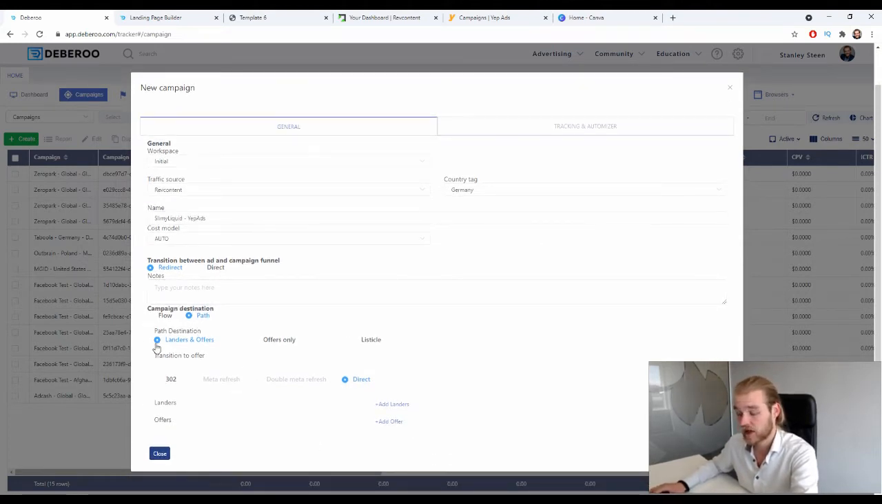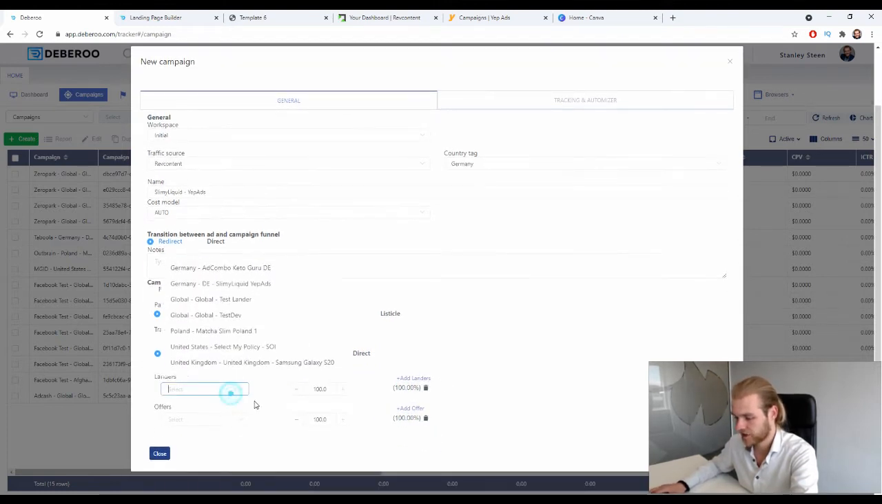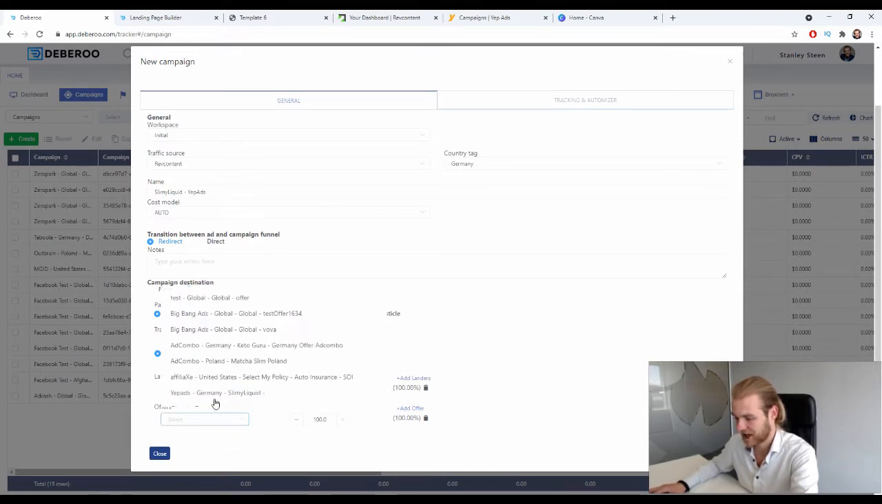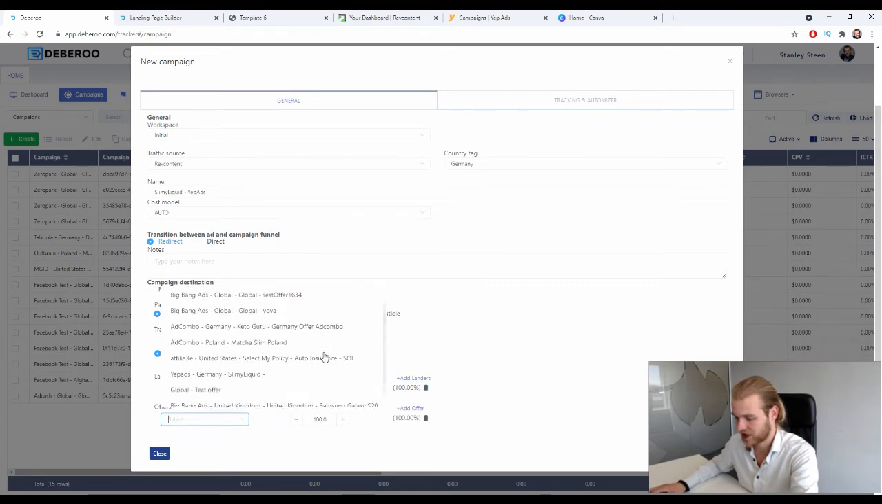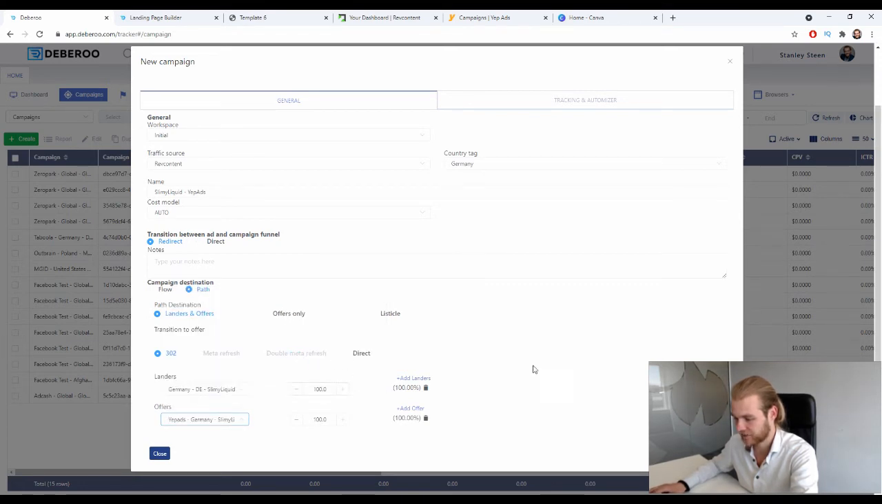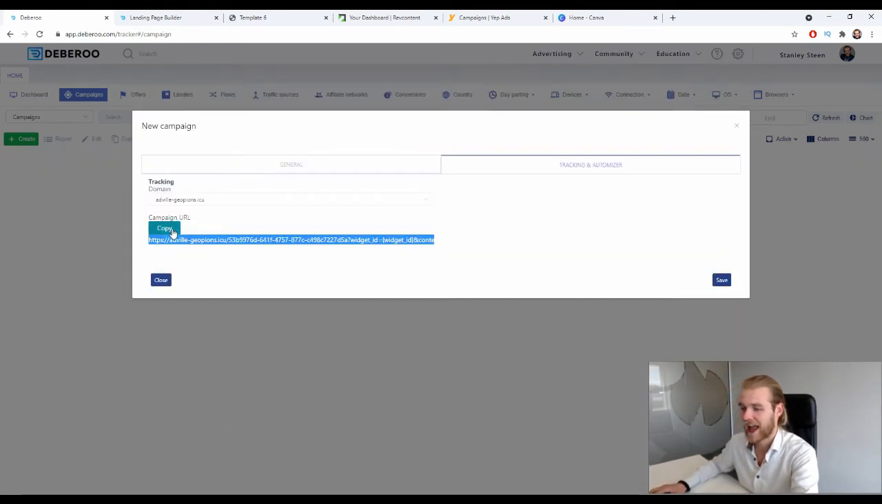Path destination, so we're going to use a landing page and an offer page. And the transition to the offer should be at 302. Then we're going to add a lender and add an offer. So first we want to select the landing page we're going to use, which is going to be this one. And the same for the offer page, which is going to be that one. All right. And if you want, you can obviously add multiple lenders or multiple offers or both. Let's press save. Cool. So now we have our campaign URL,